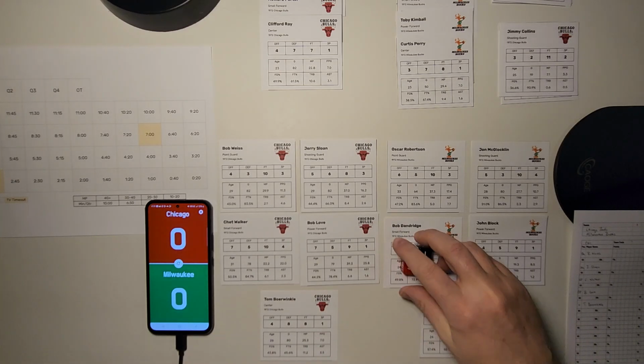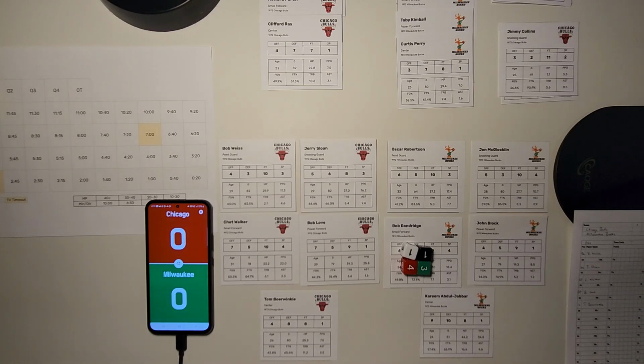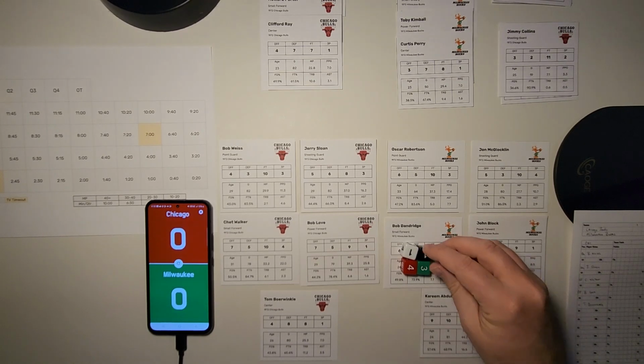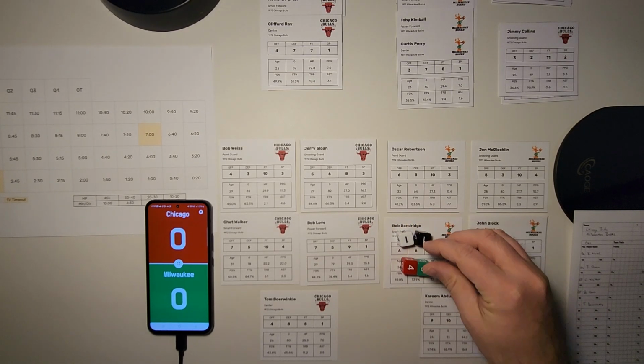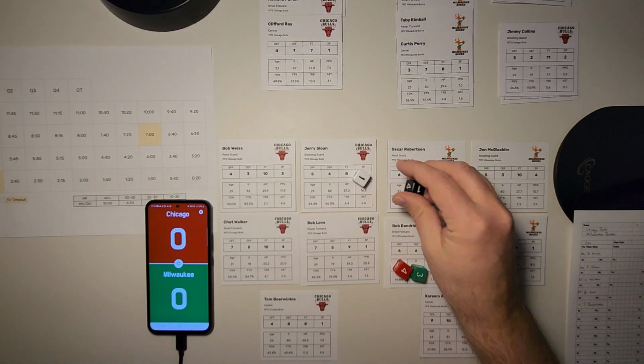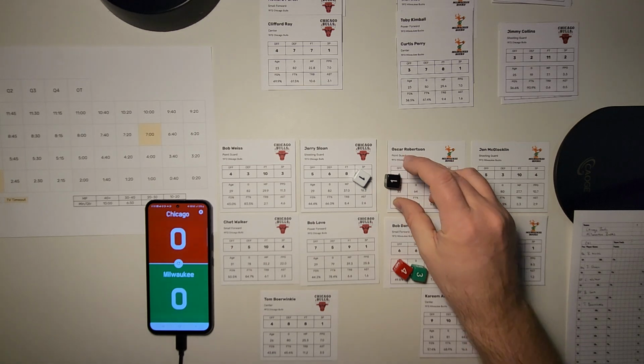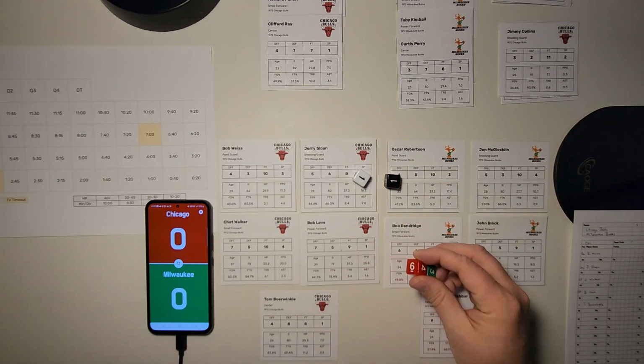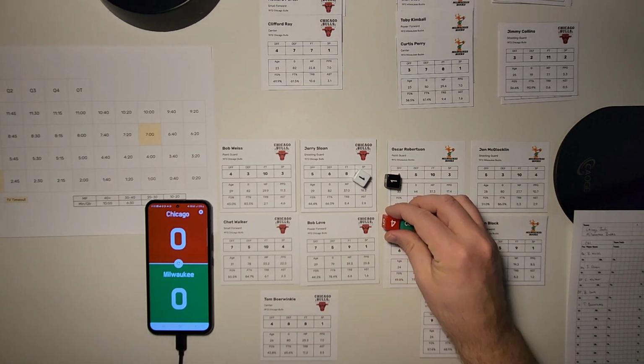I'll also be keeping some of the stats over here. I'm going to play this game how I would play it, a little bit faster, so I'm not going to be keeping track of rebounds and assists and blocks and steals like that, but we'll play them out. I'm also going to try using 4 dice for the first time. This will be for the player, this will be for the defense, and then this will be our 2d6.